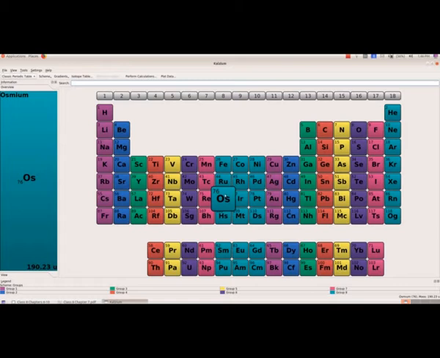So we will be having 8 different groups of elements. And then we have colors.